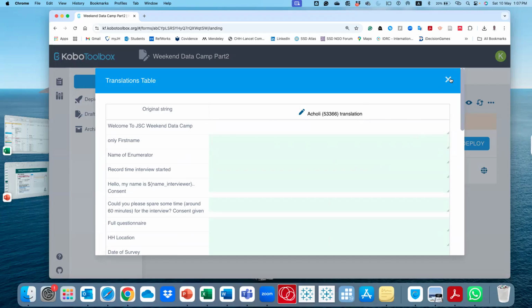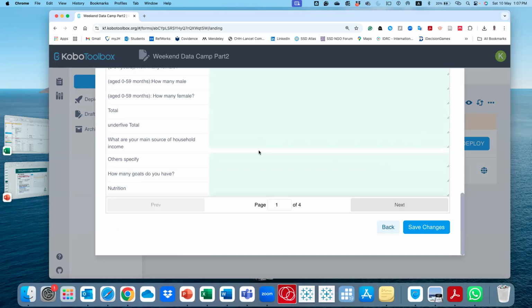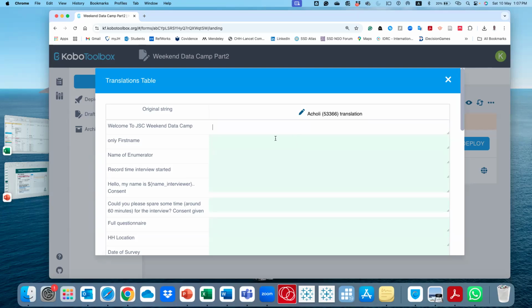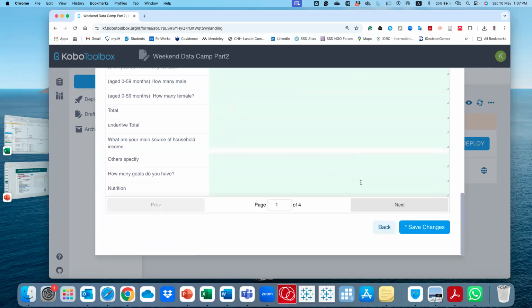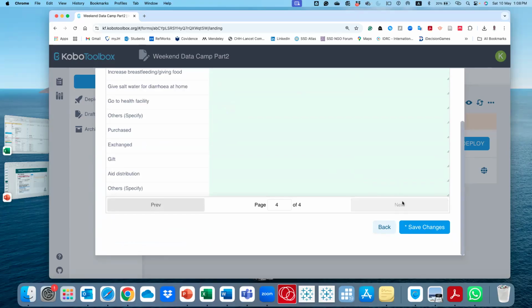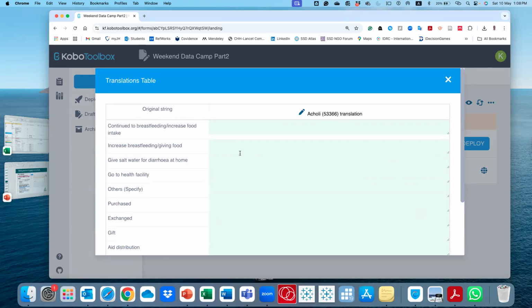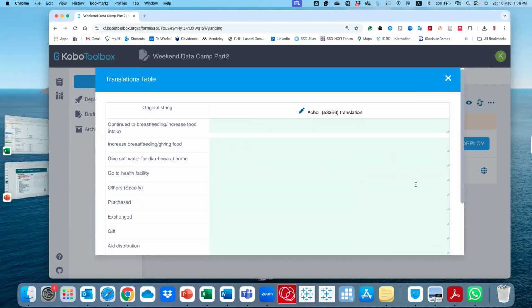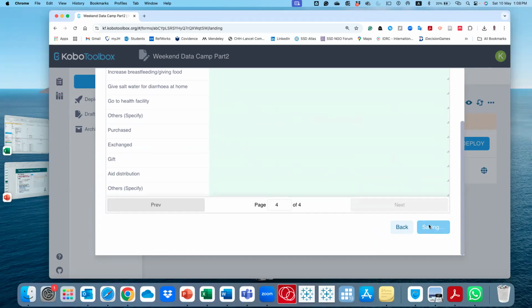It's usually good to translate everything outside, and then like welcome, and you just write it in the language, the name. Then you can save. There's the next page, there's the next page, there's the next page. After finishing, you then save, right? So you'll have this is the original and this is the new language. Then you'll save.